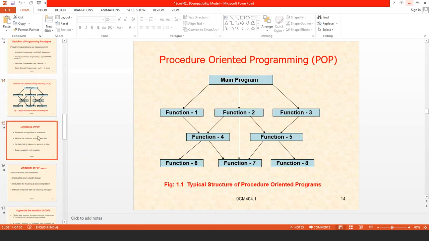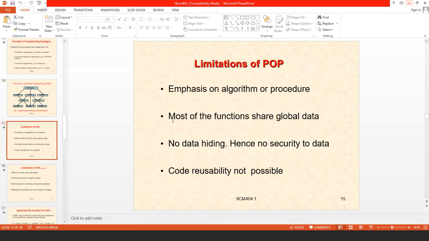Next, what are the limitations of procedure-oriented programming? We already discussed these in the previous document. Here, POP, procedure-oriented programming, emphasizes algorithm or procedure rather than data, whereas object-oriented programming emphasizes data rather than the algorithm.